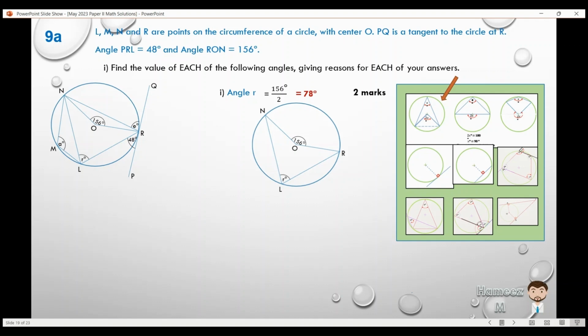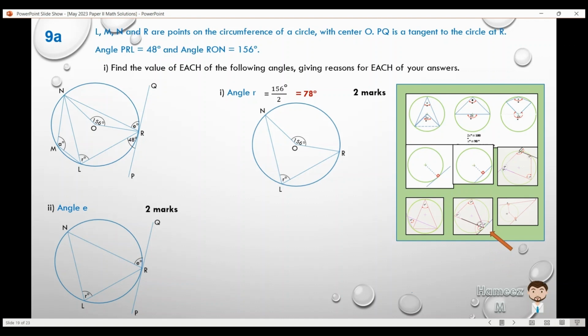So easily we can tell that. And if you draw it yourselves, you can measure it, you can see that it doesn't matter what value you have at the center, it's always double the one at the circumference. And now let's go on to the next one, angle E. If you look at angle E, that's the exterior of the triangle. So let's bring it up and extract. So we can see what it looks like, that the exterior angle of the triangle E